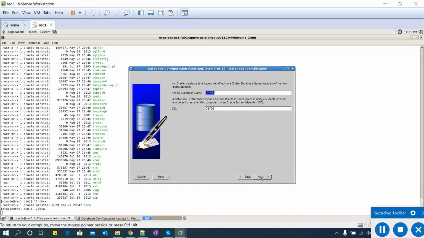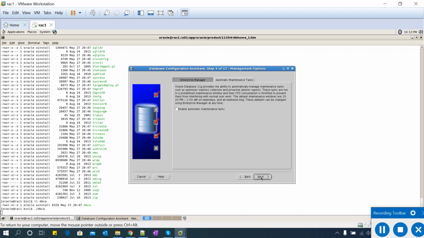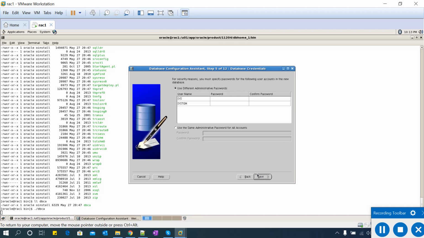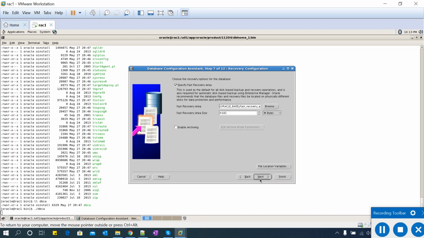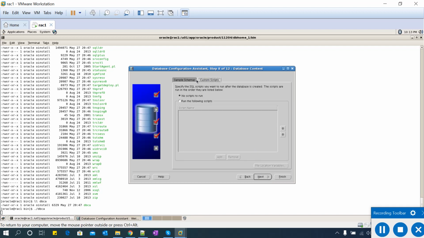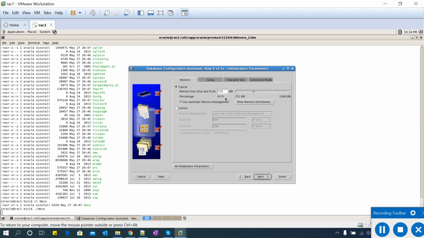Go back. Okay, so I'll just go forward again. DB character set, enterprise manager, next. Okay, I'll go with the same password. Next, next, next.